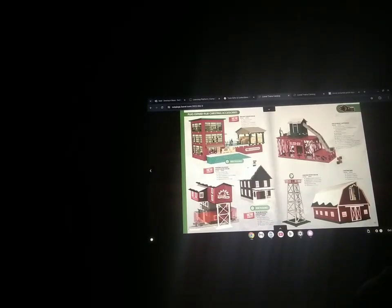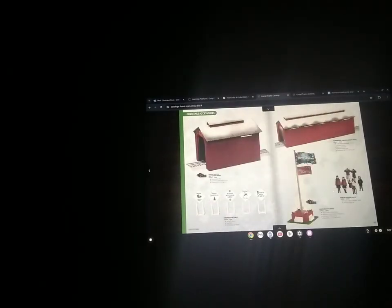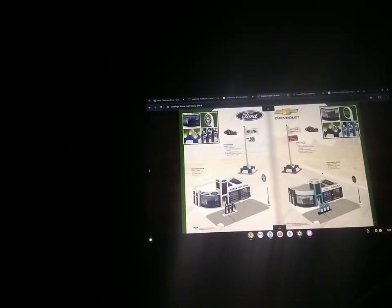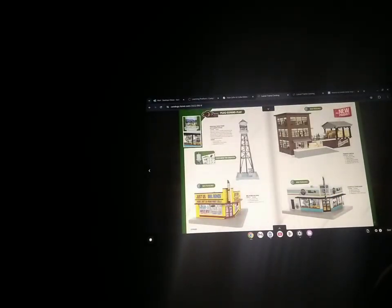They have plug and play Christmas accessories. They have houses, barns, present chute station, a beacon, and a coal works with light and coaling station. Some figurines and some covered bridges, and some signs and a flagpole. To expand your world, they have the Chevrolet and Ford dealership gas stations, some military items, and some fire and rescue items, some